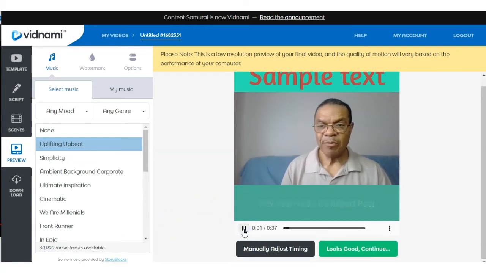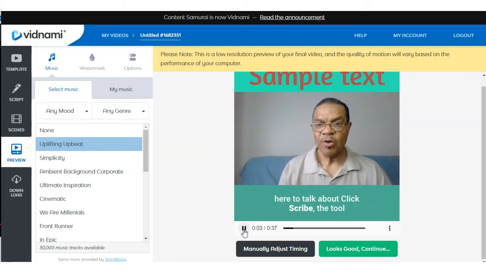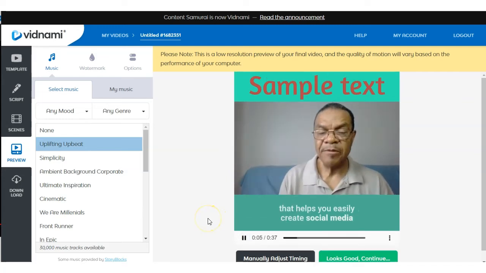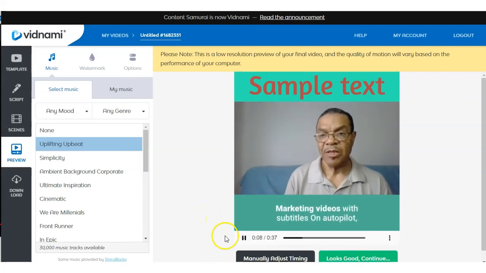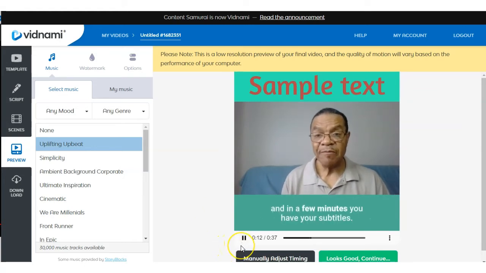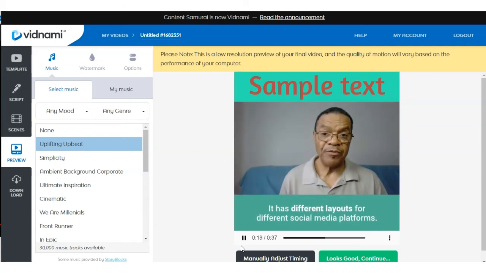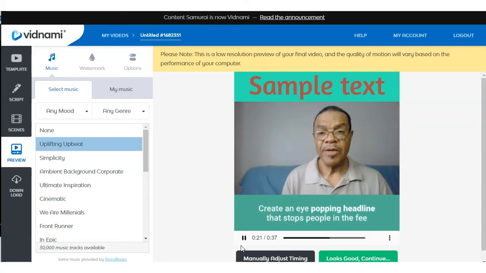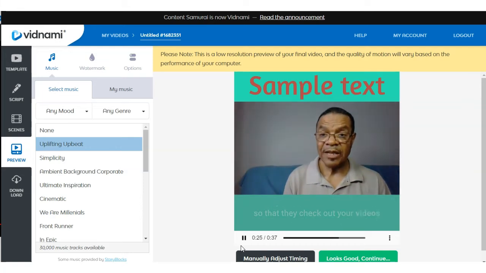Hey everybody, it's Robert Poole here to talk about Clipscribe, the tool that helps you easily create social media marketing videos with subtitles on autopilot. You simply upload your video and in a few minutes you have your subtitles. You then have access to an editor where you can add headlines. It has different layouts for different social media platforms. Create an eye-popping headline that stops people in the feed so that they check out your videos to see what